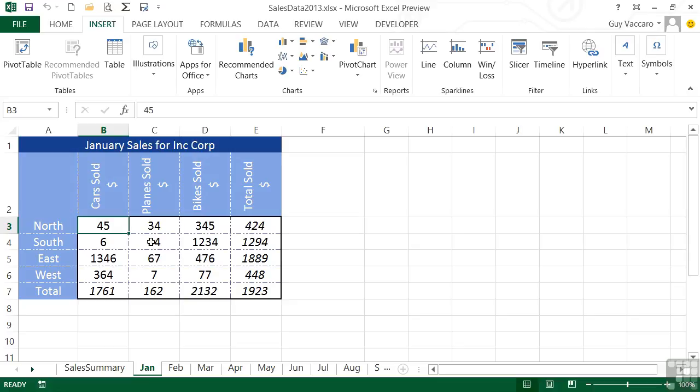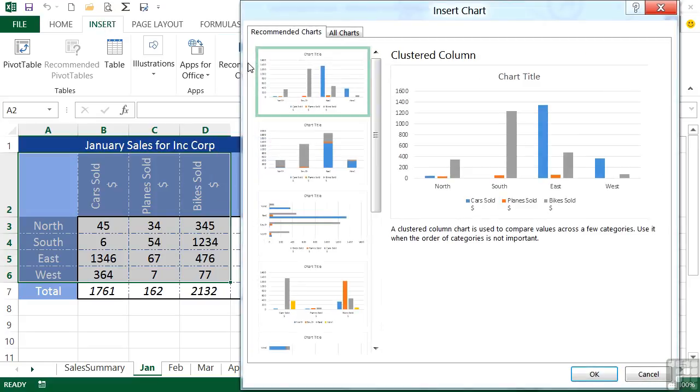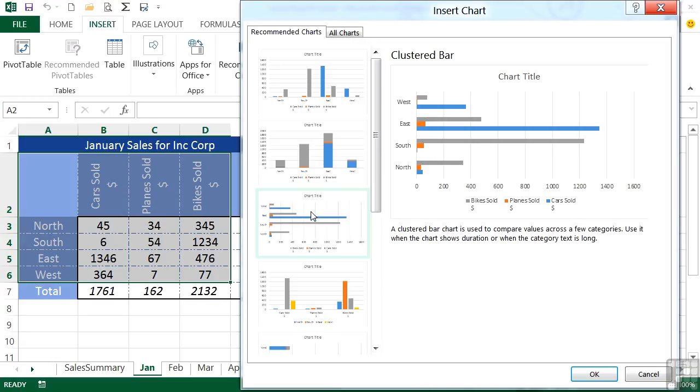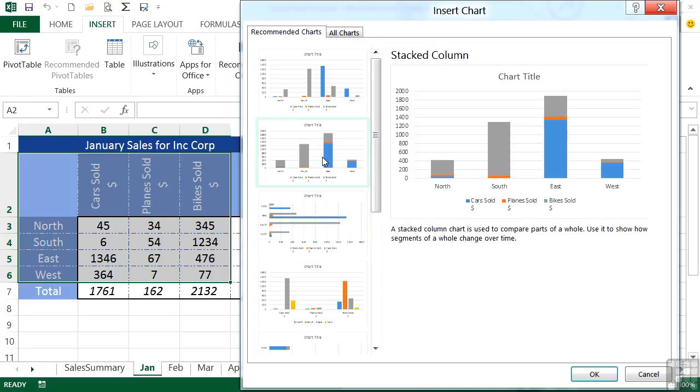If I highlight the cells I would like to graph, and then I go up to Insert, Recommended Charts. This opens a dialog box with a number of recommended chart types down the left here, and all I need to do is click through those recommended charts to see a preview, and then pick the one that I'm interested in. So it's recommending a clustered bar, a stacked column, where each color represents a different product. So we can see there that East has got the highest sales, and then a large proportion of those are